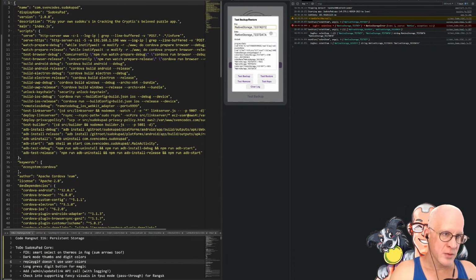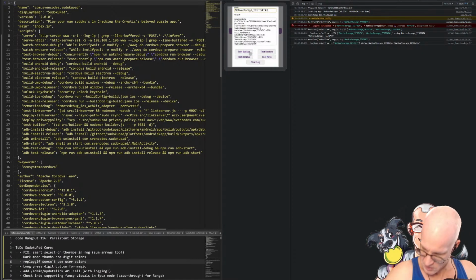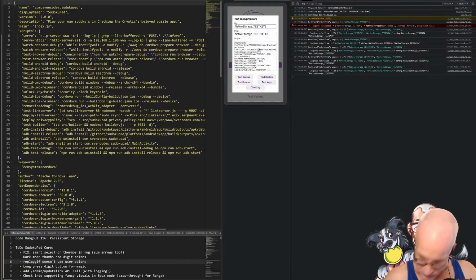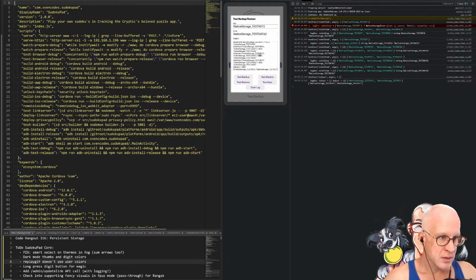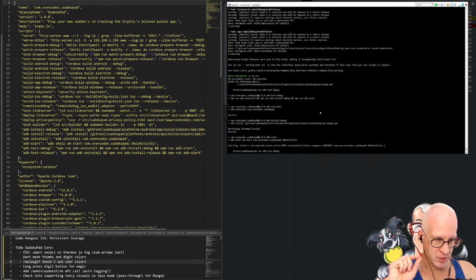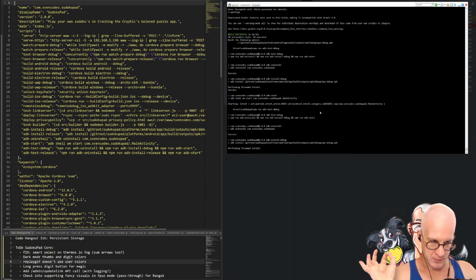Okay. Now if I do test key 2, oh, test data 2, and then test backup. Did it run test backup? If I say test keys, native storage test key. Okay. If I do test restore, test data 2. Okay, so now if we run this again, it should uninstall this APK, reinstall the APK, and then start